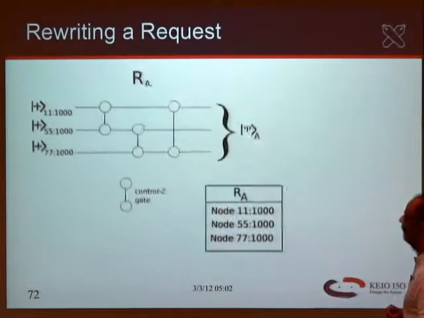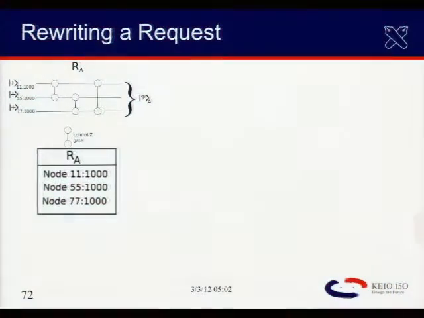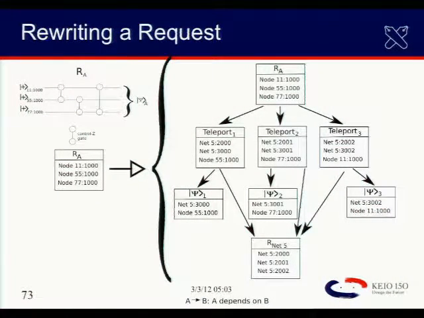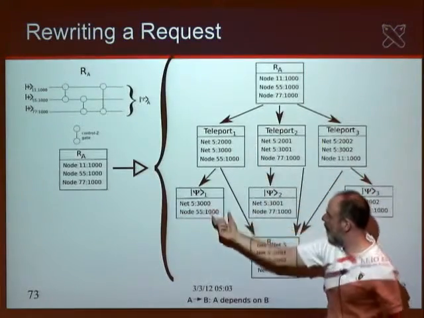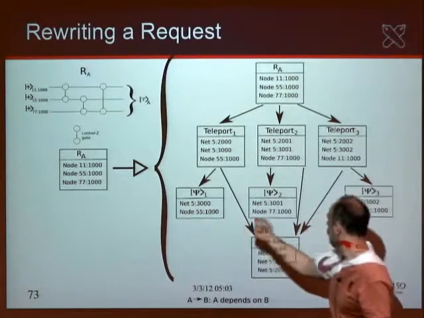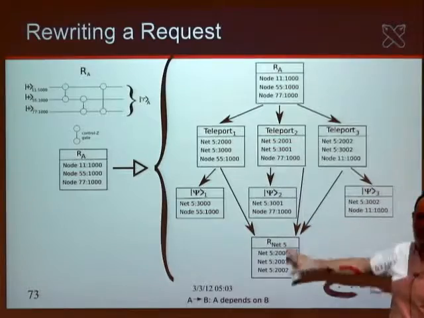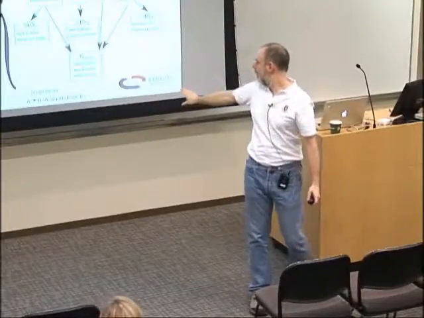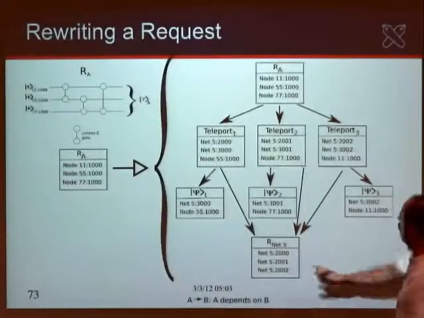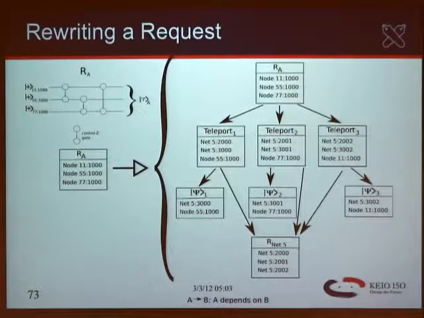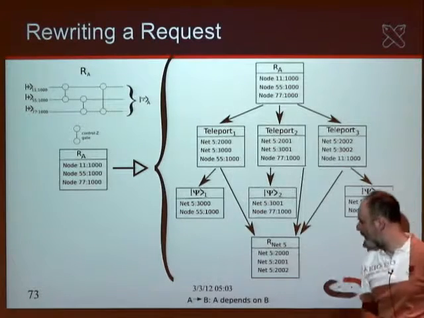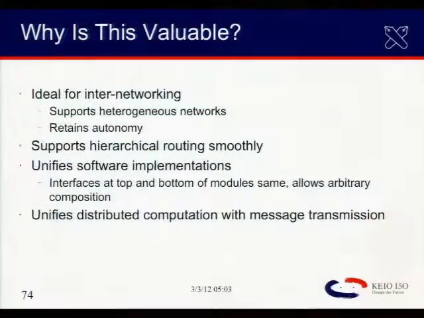Okay. So we're going to take this and rewrite it into the set of operations for doing this. The overall original request, we can divide it up into 3 teleportation operations, and each of those teleportation operations can then get split out into first the creation of a set of Bell pairs, and then the actual combination operation here at the end itself. So we're going to have this overall set of states here.